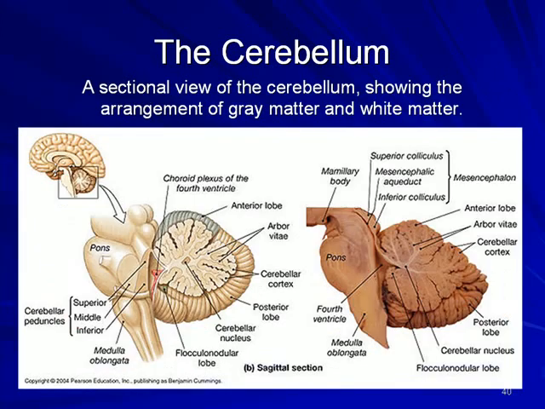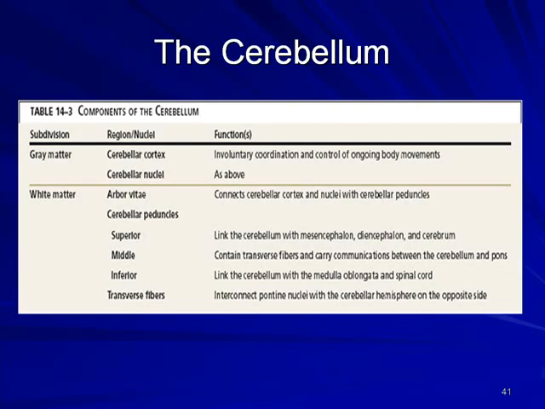This is a cross-sectional view of the cerebellum showing the arrangement of the gray matter, some of the nuclei that are located there, and again the relationship between the cerebellum and where it sits in relationship to the brain. As you can see, it's directly posterior to the pons. You may or may not be able to read that, but it won't come out on your printout anyway. But gray matter, cerebral cortex, and the cerebellar nuclei are located in the nuclei region there, responsible for involuntary coordination,